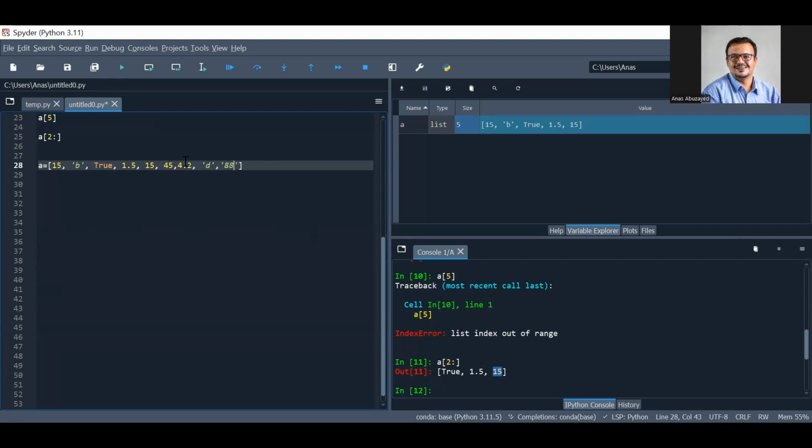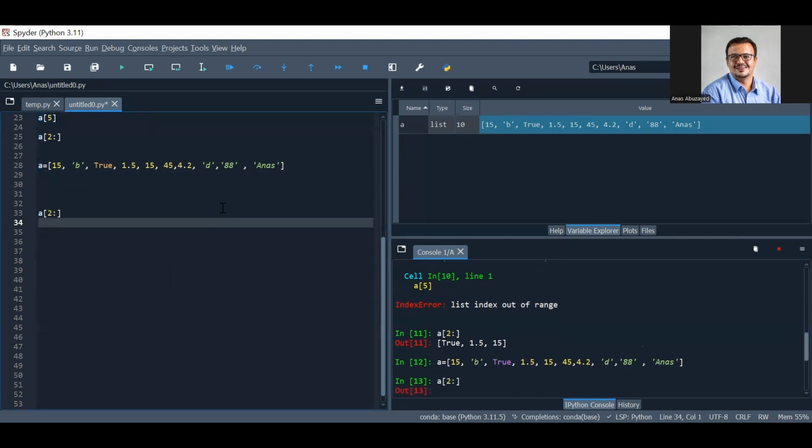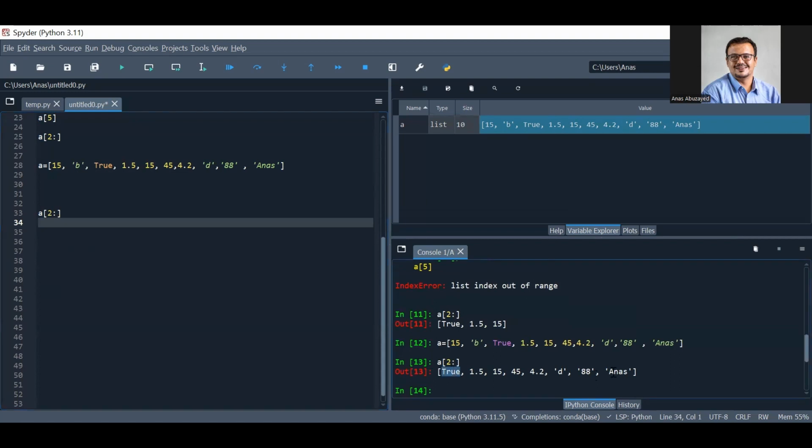88. So here it's a string, not a number. And let's put a name. Let's put my name. So now we have a size of 10. So we said we want from true to the end. So from true to the end, it will give us basically a split, or let's say a section of that